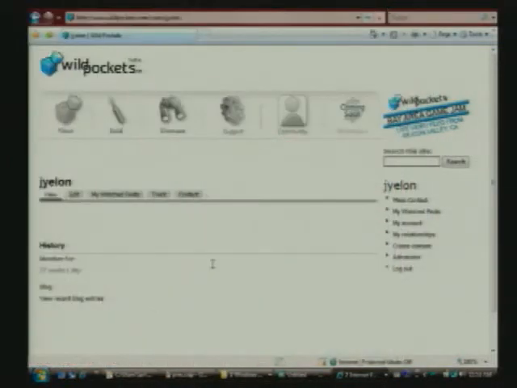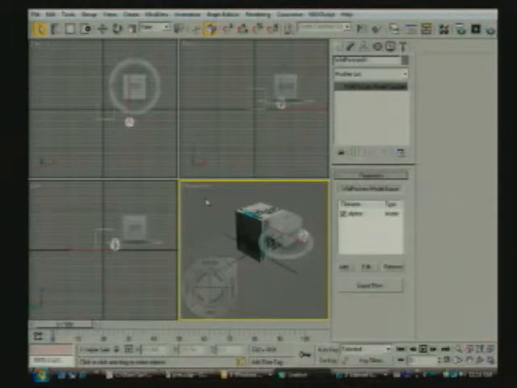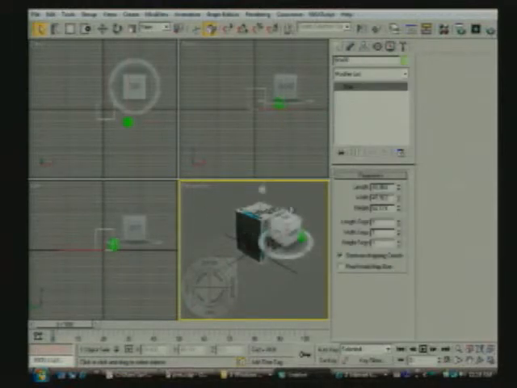Let me just go back into Max. So it's actually not that big. It's 45 meters by 45 meters by 52 meters. So what I'm encouraging you to do is think about the scale of your objects when you're modeling them. We usually like to do things on a sort of a normal human scale. So if you wanted a box that came up to my knee, you'd make it 1 meter by 1 meter by 1 meter, not